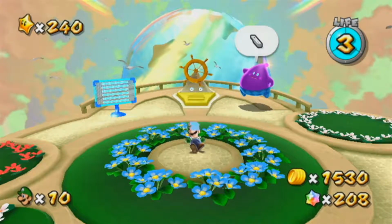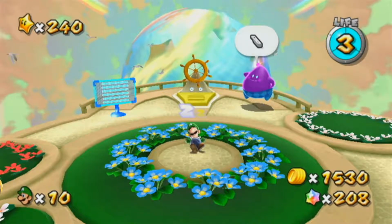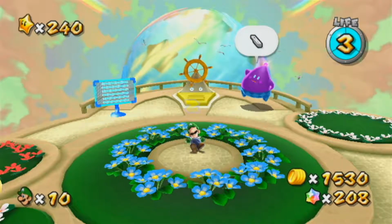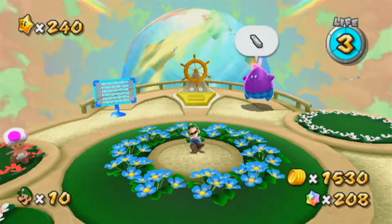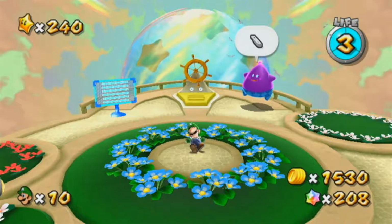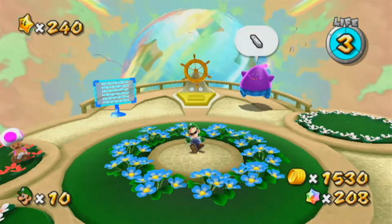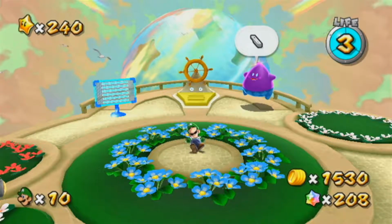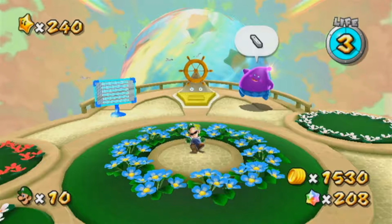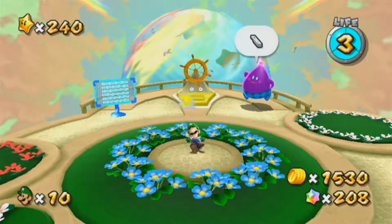But either way, for one thing, I've realized how much better the green stars would be if they were like comet medals, or like dragon coins from Super Mario World, where they're just fun side collectibles that are already present within the stages the first time around, and then you can just get them wherever. Some of them would need to be removed, because if you don't get teleported out of the level when you get them, then you die. So some of those would have to be removed entirely,